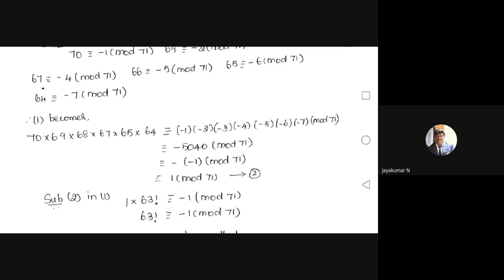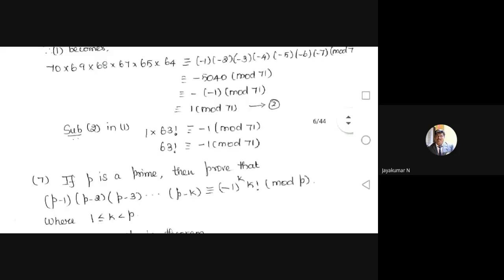Okay, so which is the meaning of this linear congruence. Okay, so the next problem,